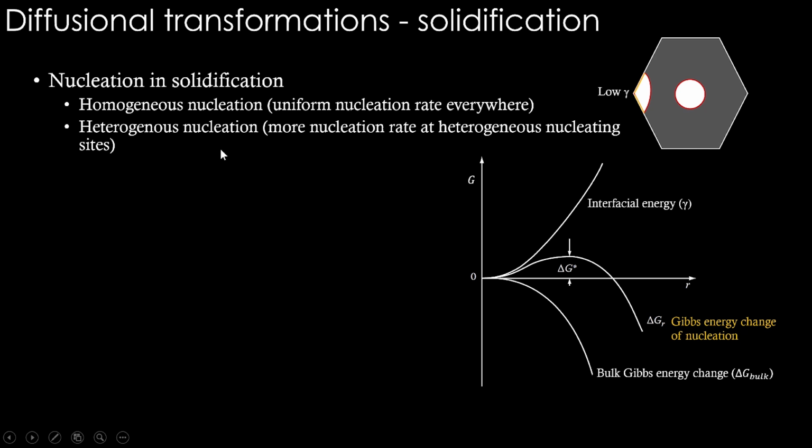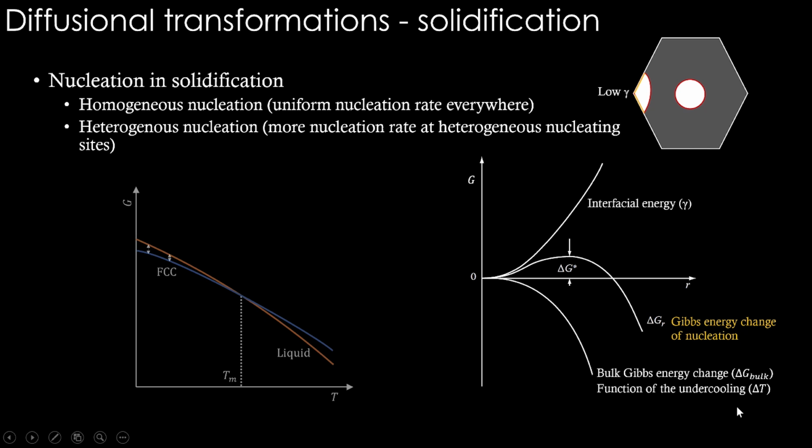Okay, so the nucleation rate is going to depend on this interfacial energy and this bulk Gibbs energy change. This bulk Gibbs energy change will be more if we go to lower and lower temperatures, that is, higher undercooling. In terms of solidification, it is a function of undercooling. What is this undercooling? If you imagine this curve, Gibbs energy versus temperature, we know when melting happens, when solidification